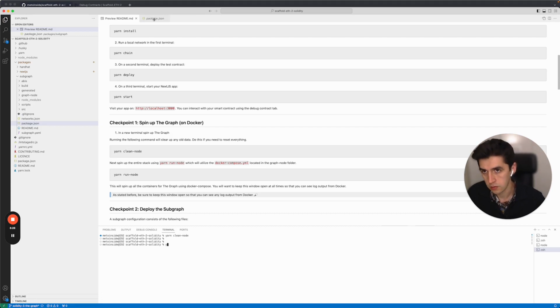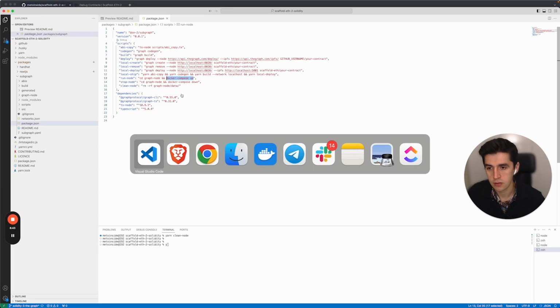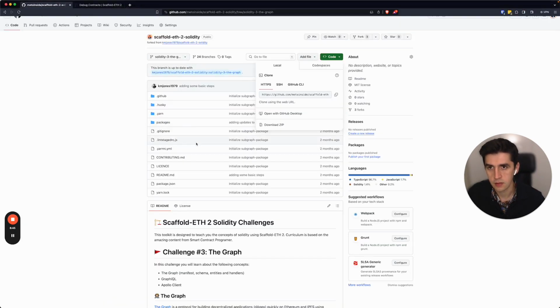And yarn run node is basically the docker compose up functionality. The command is going to be running. In order to run this command, you need to have Docker installed. So you can visit the website